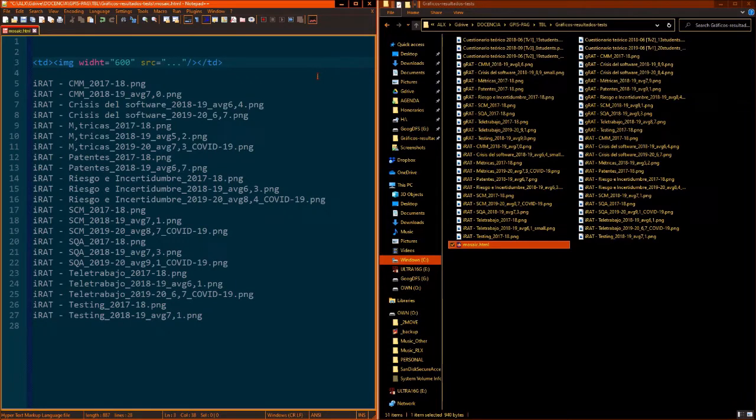So the idea now is that, by some find and replace, I will convert these image names into some HTML encoding. Since all of them start with IRAT, first of all I'm going to select what I want to put before. That is everything up to source equal quotation mark. So I press Ctrl C for copying, and then